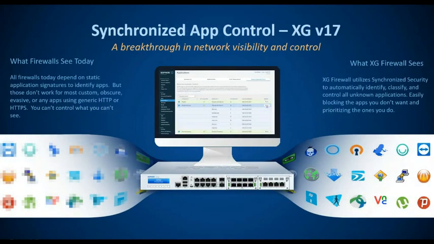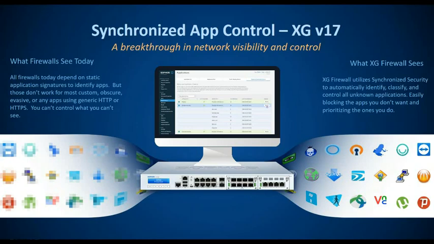Now, with Intercept X and with our latest XG firewall version 17, we also take that a step further. One of the challenges that firewall administrators often have is visibility of the network traffic, right? Quite often, some applications they can pick out and write rules for because they've got predictive ports or predictive traffic patterns, and so they know it's a particular application. But more often than not, the majority of traffic flows through a firewall in this bucket called others, or unidentified or unknown. Where the firewall doesn't know what the application is,